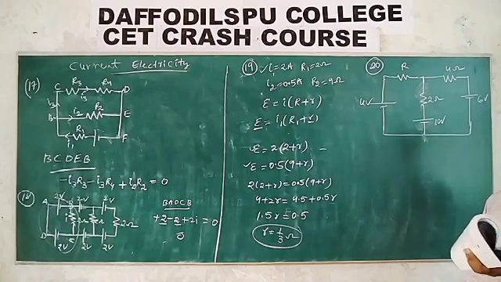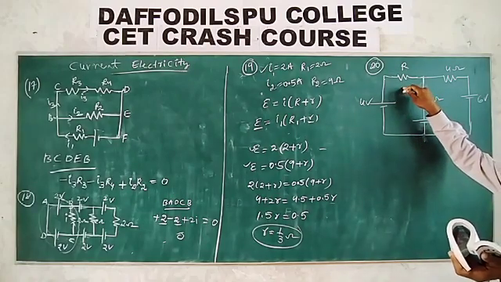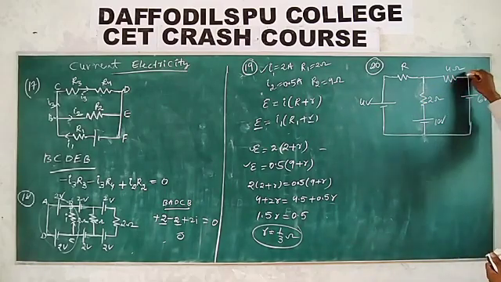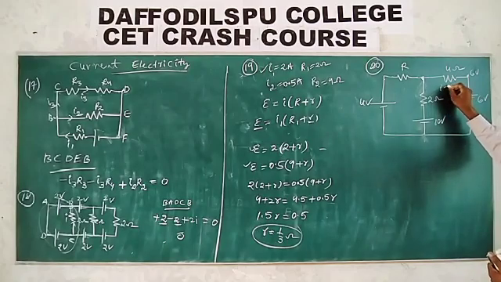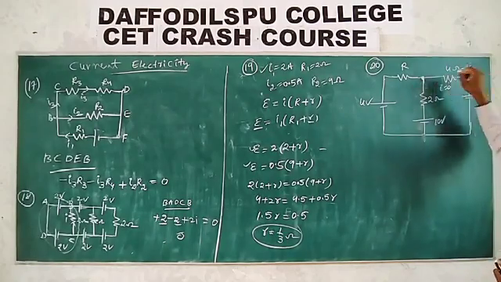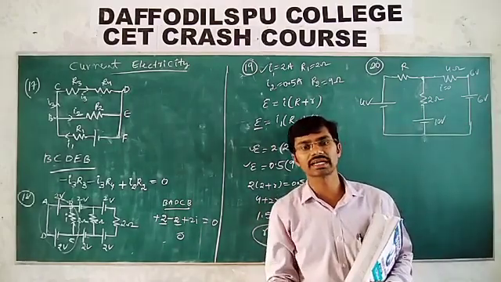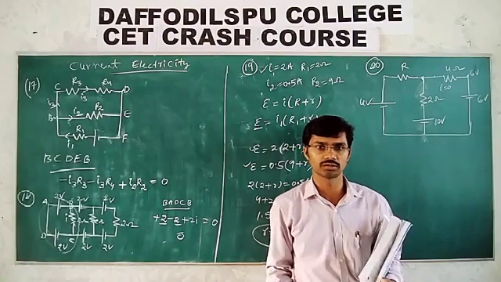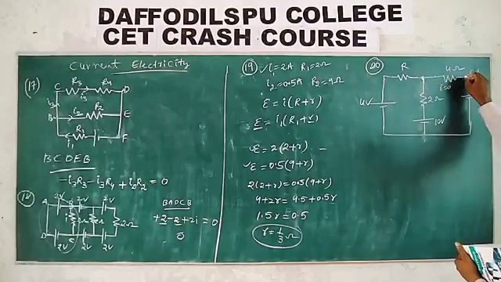Now, for what value of R in the circuit is the current through the 4 ohm resistance 0? Tell me, at this end what is the potential? 6 volt. Then here the current is 0. Current 0 means what should be the potential difference? When do you get the current 0? If there is no potential difference, the current flowing is 0. V is equal to IR, I is equal to V by R, I is equal to 0, so V is equal to 0. That's why the potential difference across these two remains the same.